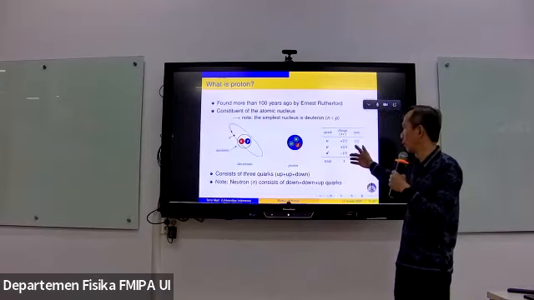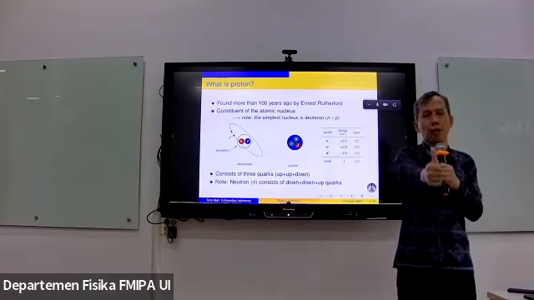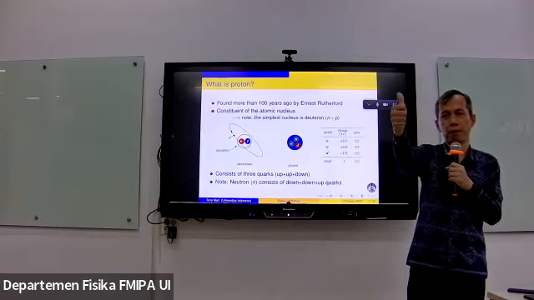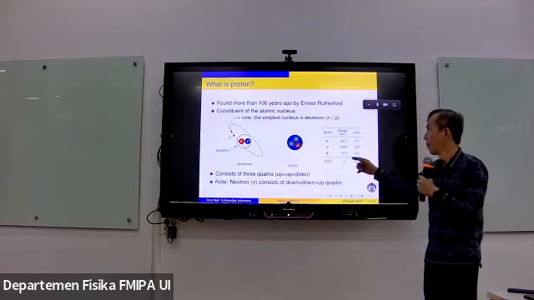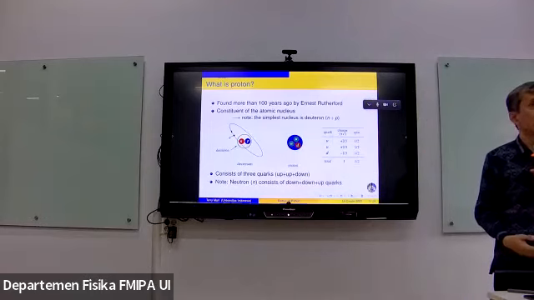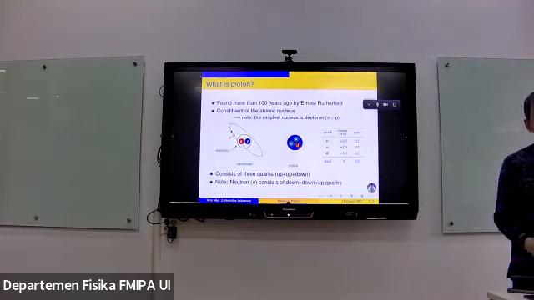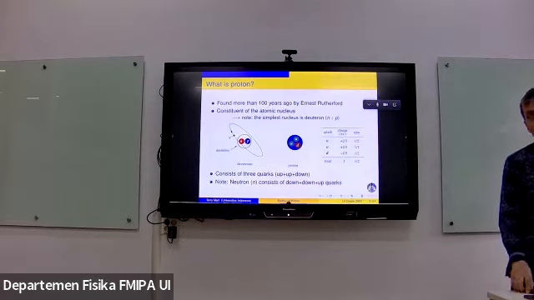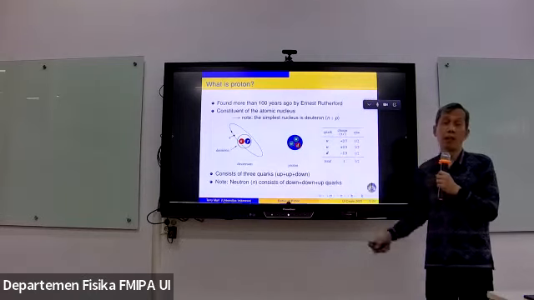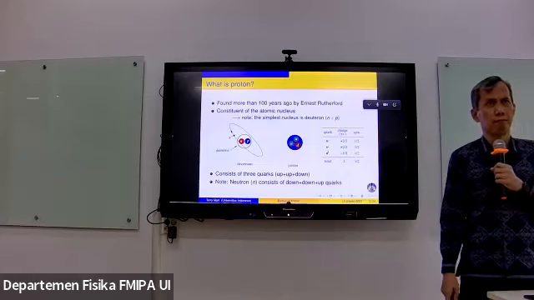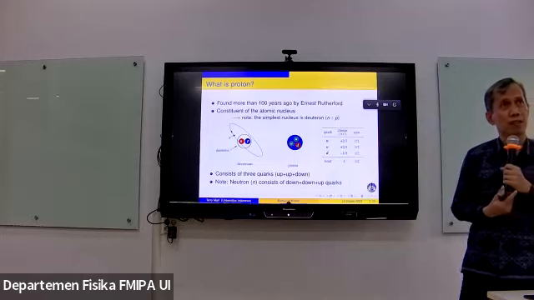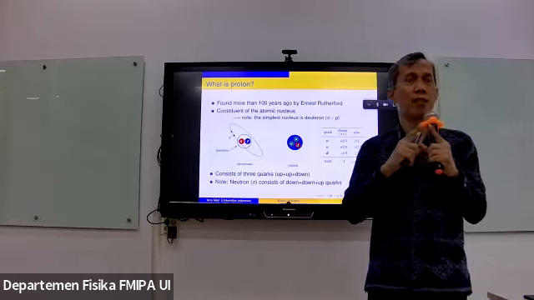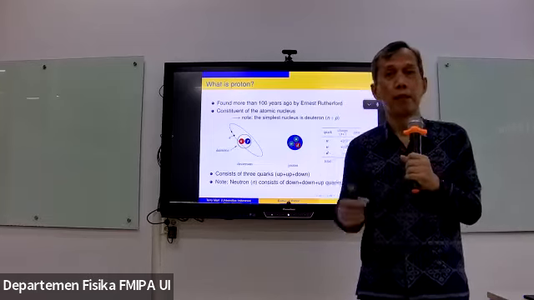So how do we do that? Take 1/2 up, take 1/2 up, and minus 1/2 for down, for example, and you sum it up, you have 1/2 spin. There is a lot of story about this quark model. For example, if you calculate seriously, you will finally know that this model violates the Pauli principle. Why the Pauli principle? Because in the case of nucleon resonances, we have so-called delta resonances, which have spin 3/2, which has